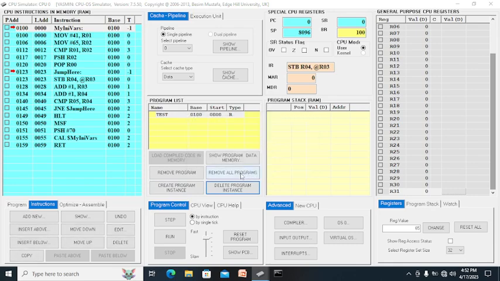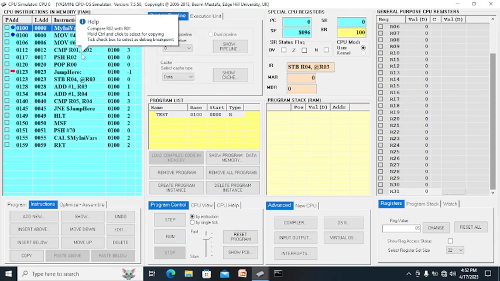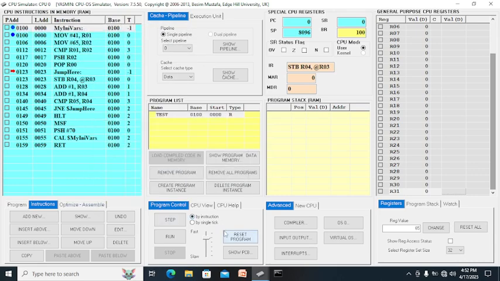There's no instant. So program data memory. Okay, then after that, run. We run here. This may be holding control. No, right. So reset the program.